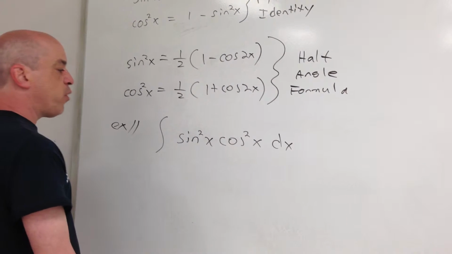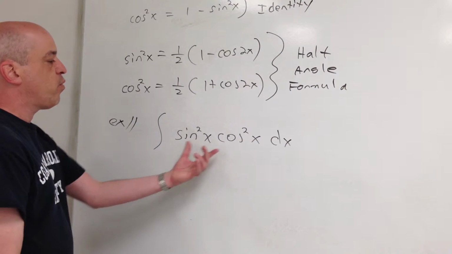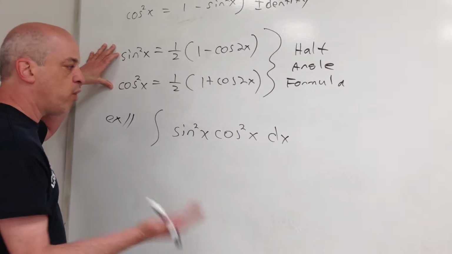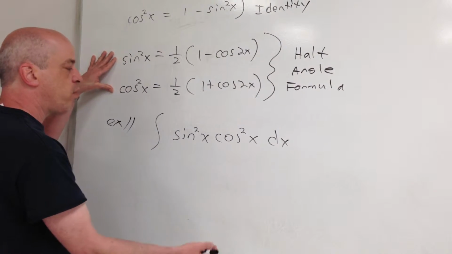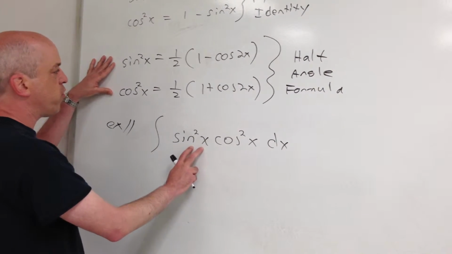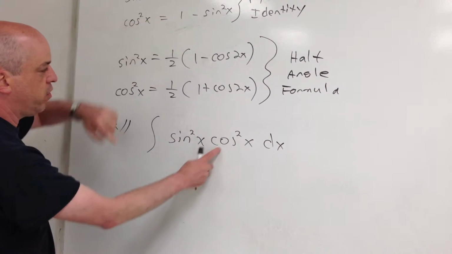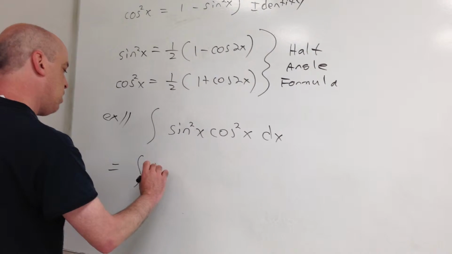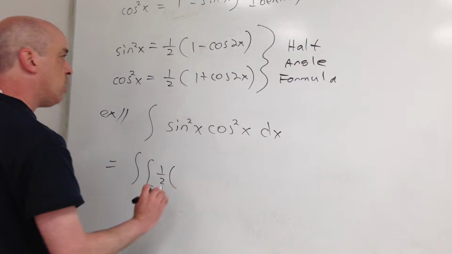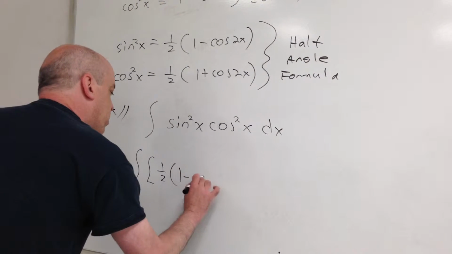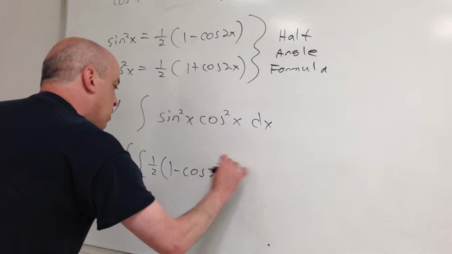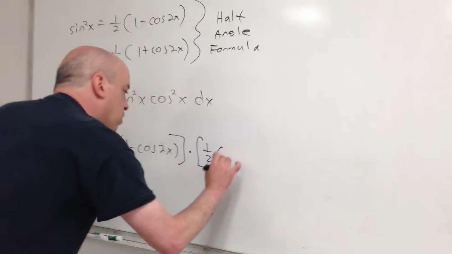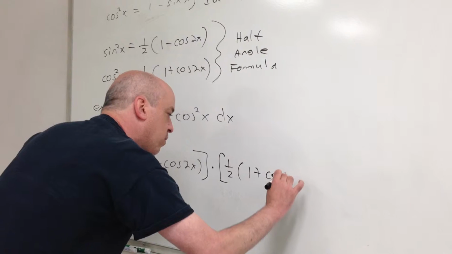So what we do, after we've rewritten them in terms of sine squared and cosine squared, is substitute in these half-angle formulas everywhere we see either sine squared or cosine squared. Well, that's all we see here, so I'm going to replace sine squared with this and cosine squared with that. So what do we get? We get 1/2 times 1 minus cosine of 2x times 1/2 times 1 plus cosine of 2x